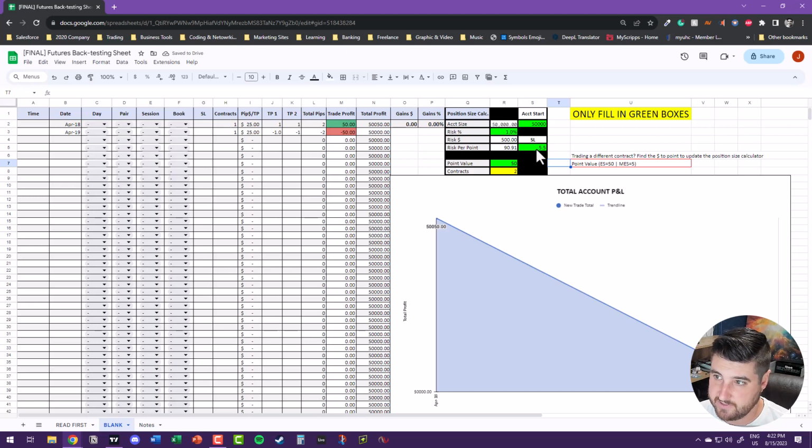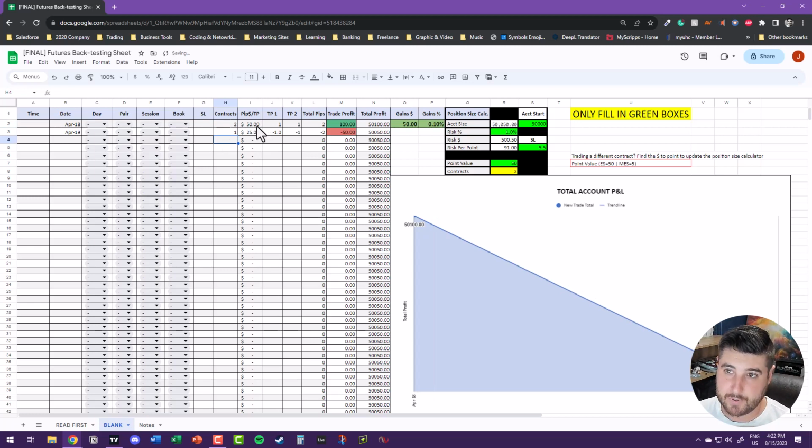So if I have a stop loss of 5.5 points, and I'm risking 1% of 50,000, I could have 2 contracts. So I could put 2 here, and it's going to say per take profit, it's $50, even though there's 2 contracts, make it $100 a point. How it works is, say this is take profit 1, so we have 5 points. So it's going to give me the 250 right there, right? And then let's say the second contract ran 10 points, and that will give us that total here,